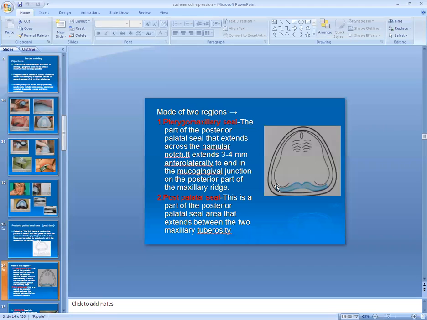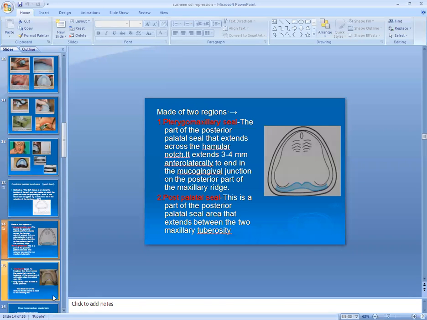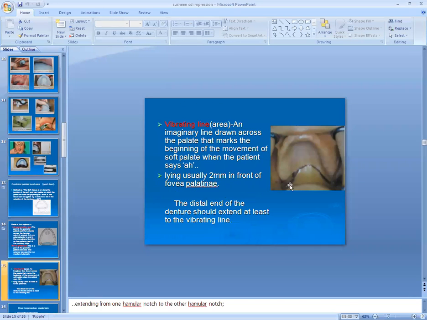So this is the marked area, the pterygomaxillary seal area. Okay, and then the post palatal seal. This is the part of the posterior palatal seal area that extends between the two maxillary tuberosities.